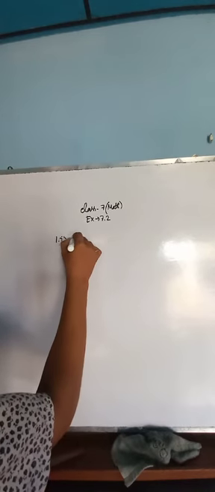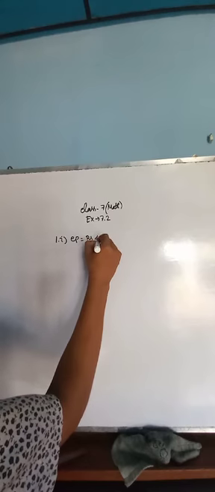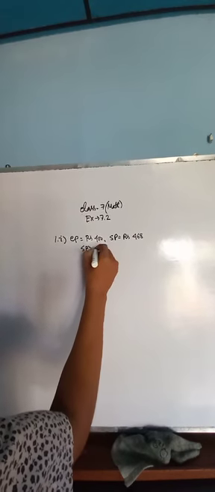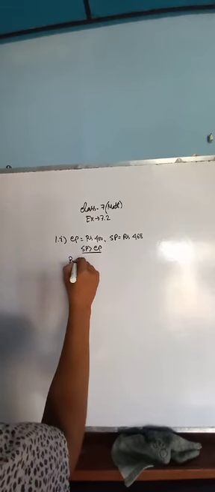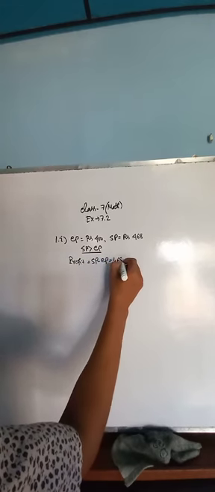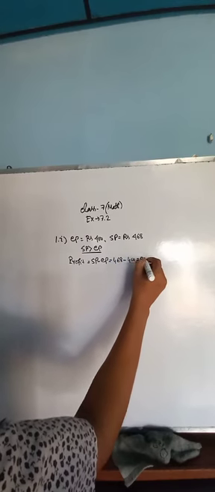Suppose a question asks, and whenever you calculate the profit or loss percentage, you always calculate it over the cost price. Suppose CP is rupees 400, SP is rupees 468. Now the SP is greater than the CP, so of course this is a profit. Profit means SP minus CP. 468 minus 400 is rupees 68.